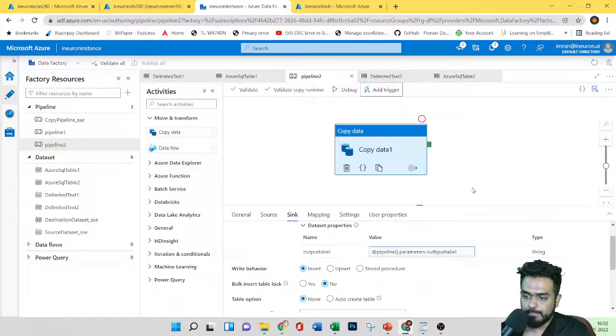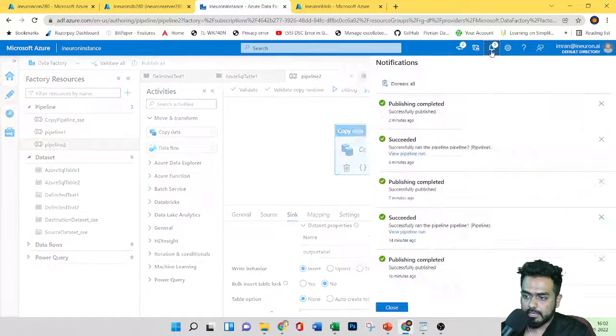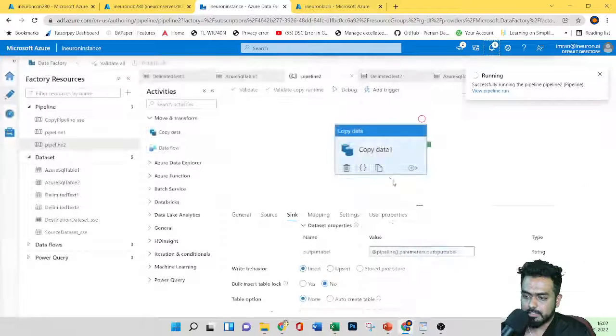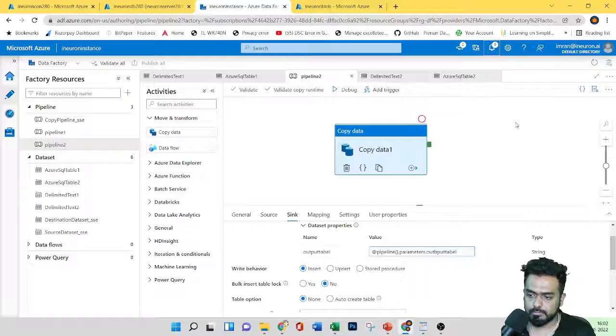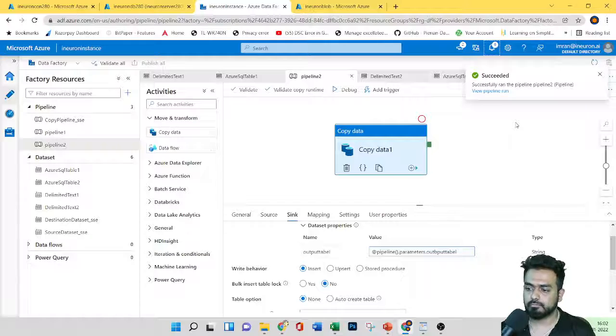Let's click OK. You can see our trigger has started.